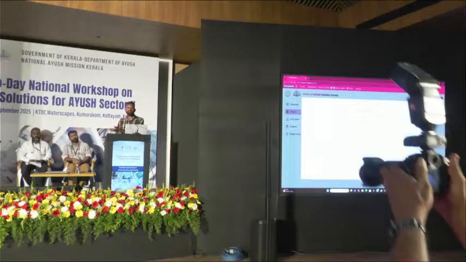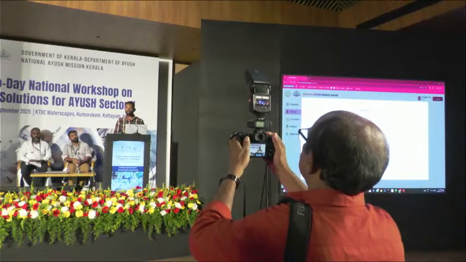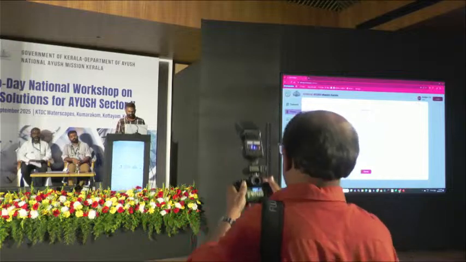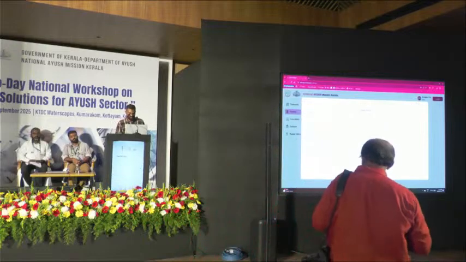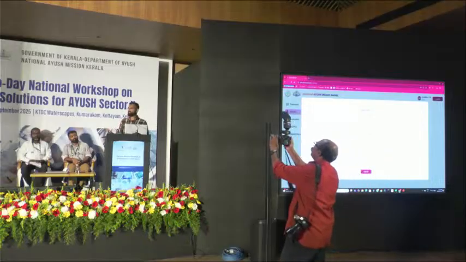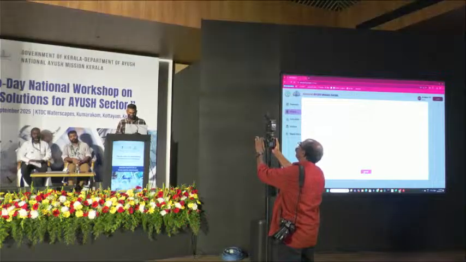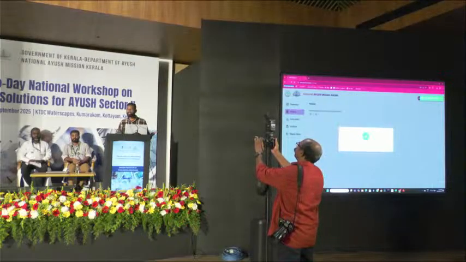When the patient is sitting in front of me, I can register the complaint here itself and complete the registration process at the same time. That's why a problem field is extra given. So if the patient is presenting to me with a complaint of cough, I'm entering the complaint here. So now the patient is added.